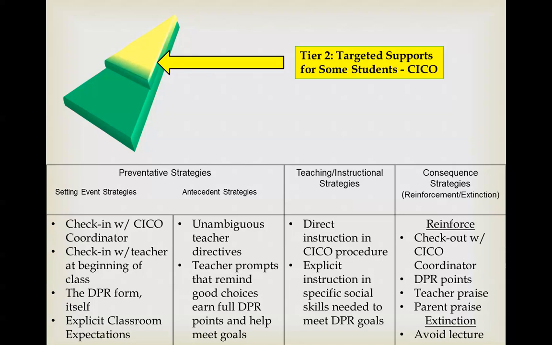Teacher praise and parent praise, because of course the form goes home to inform the parent in check-in, check-out about how the child did, and the parent hopefully is trained to recognize the water that's in the glass, what the child did well, instead of berating them. And then extension, what's the extension component? Well, if you've seen the behavior education plan video or any of them, there's the admonition to not lecture the child, to not ride the child about not having met their targets in ways that students might find unfortunately reinforcing. Any questions about the pathway at Tier 2?